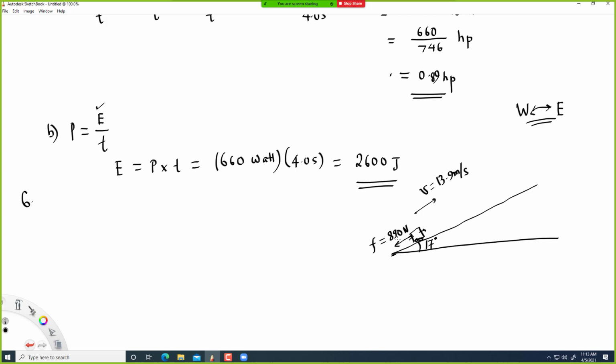So in order to overcome that friction, the car needs some power. Okay, and the power means it has to do some work for some time. Okay, so without power, it cannot overcome the friction. So we want to find what's that power. Okay, so power is work over time. Work is,